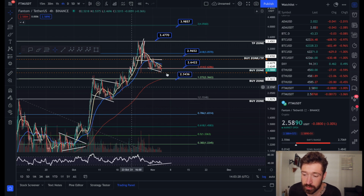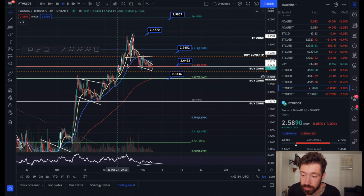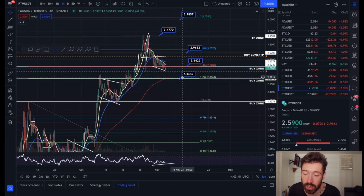So we have our bullish divergence on the 4 hour, which is still in effect. We're creating lower lows while creating higher lows on the RSI. So we could see a little bit of a bounce, but if we come down and we invalidate it, we roll over, we come down to 2.34, this previous swing high, gives you another opportunity to dollar cost average into